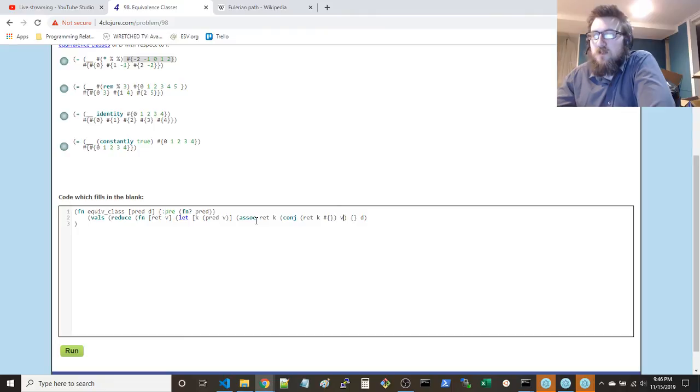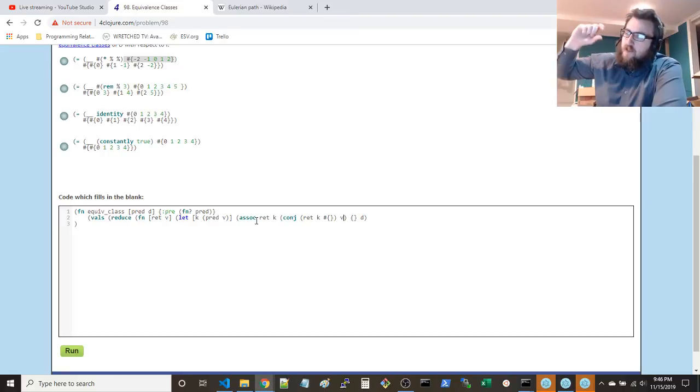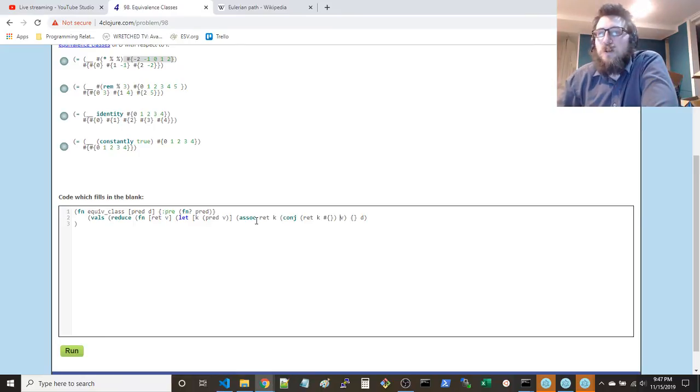Then we're going to conjoin v, which is the thing that we operated on to get this key in the first place, right? So if this was like 5 modulo 3, the 5 would be the v. And so now this v is going to get pushed into 5 modulo 3 is 2. It's going to be pushed at key 2 into the set. And then, right, so we perform this.